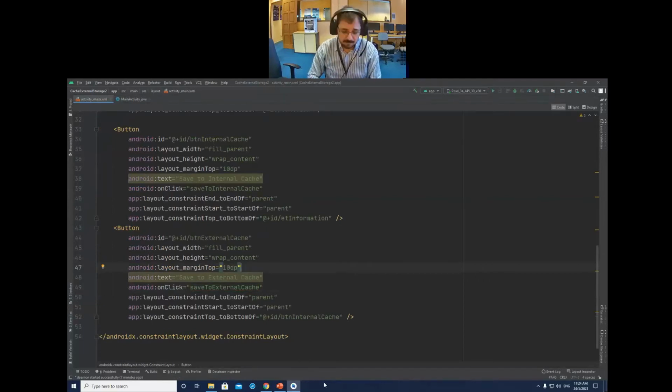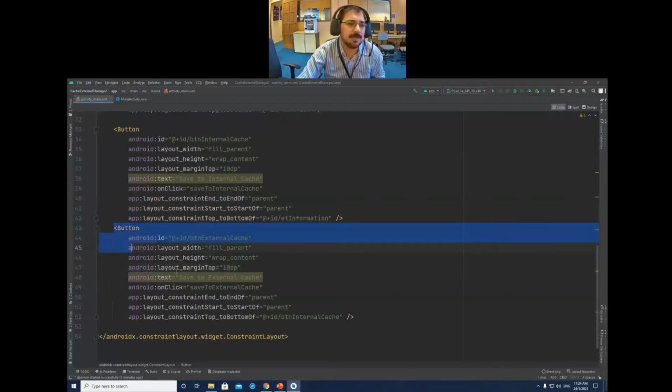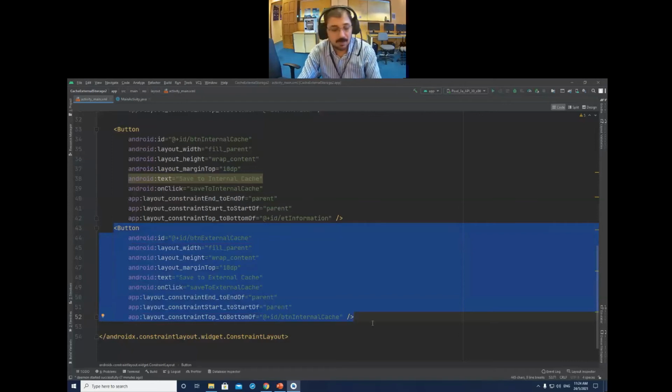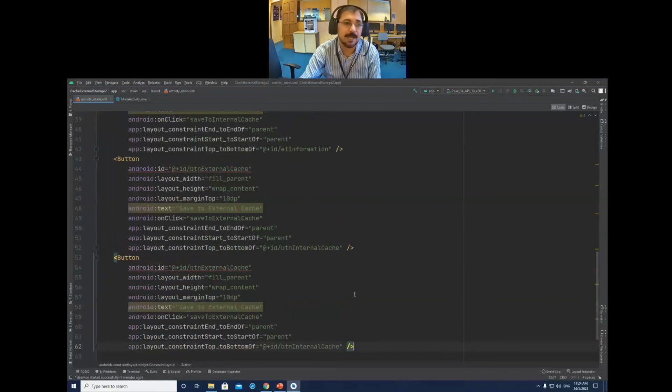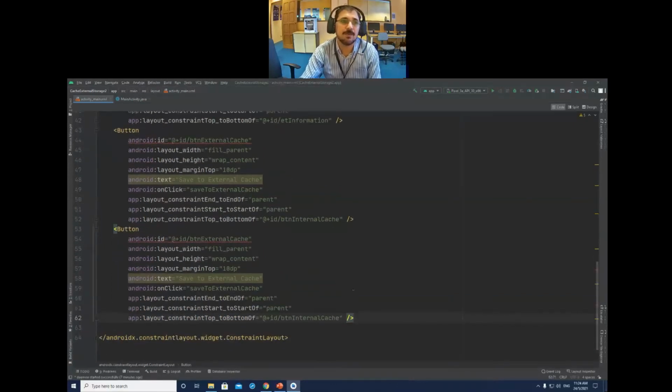Now we will create the third button, and again I simply want to copy this one. It's up to you. It's not a standard way, what I am doing, but everybody has their likes and dislikes, so you can do whatever you want to do.